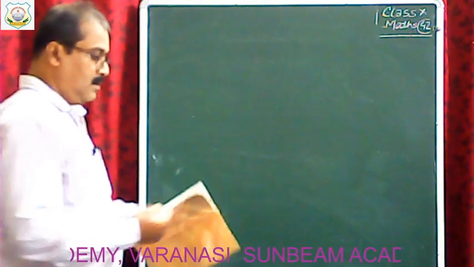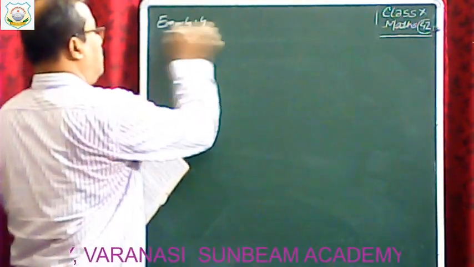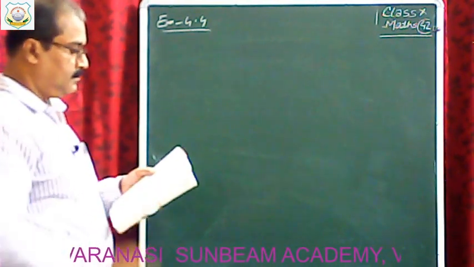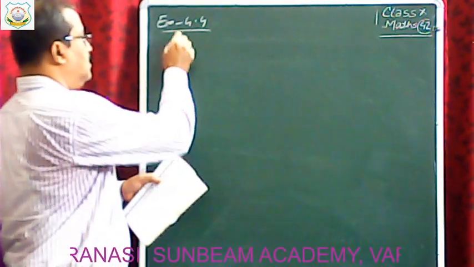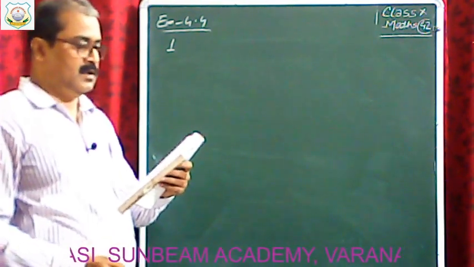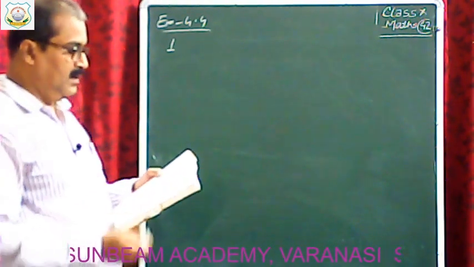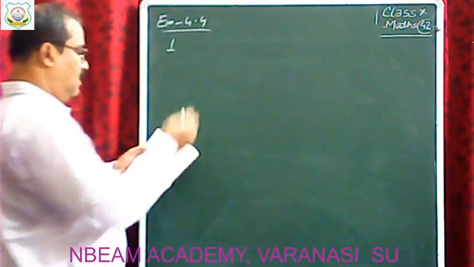Now come to exercise 4.4. Question number 1. Very simple. Find the nature of roots of the following quadratic equation. If real roots exist, find them. For taking any one, second,